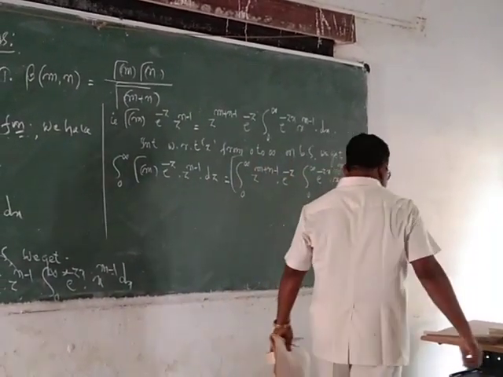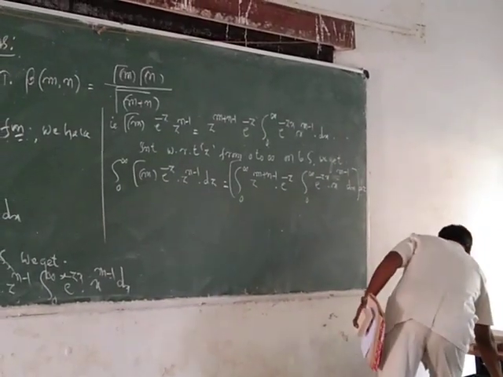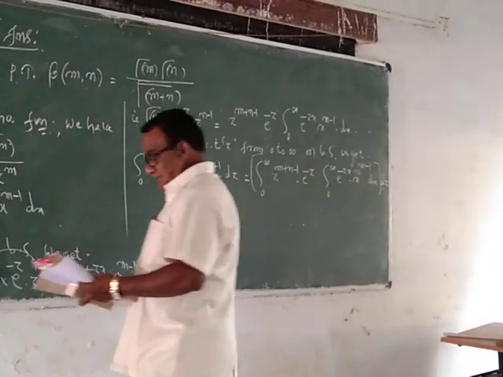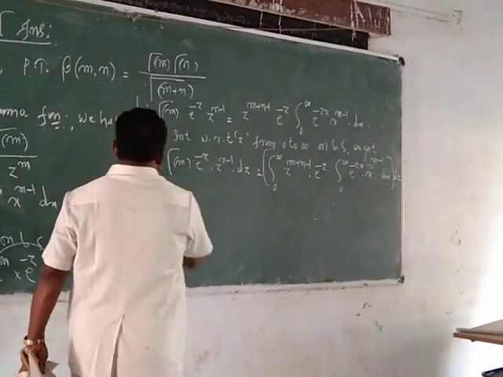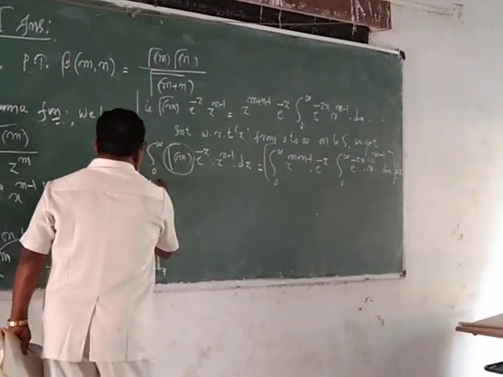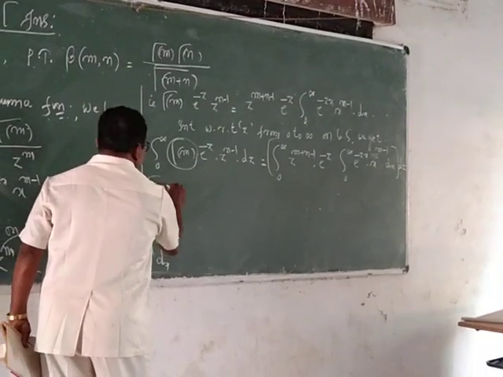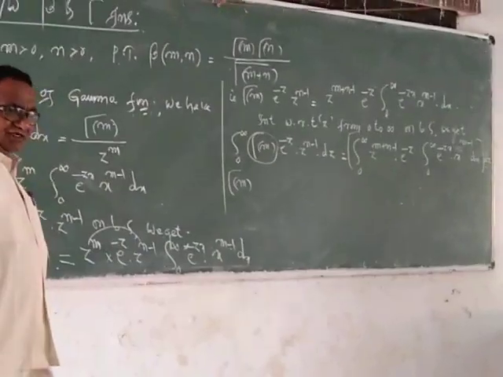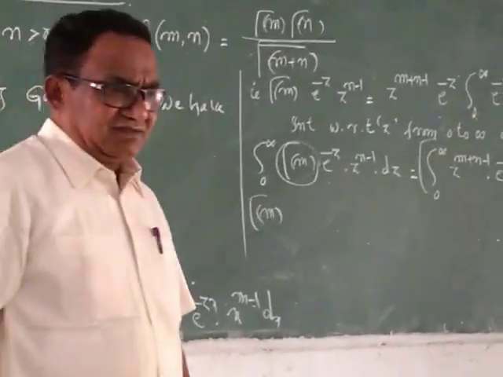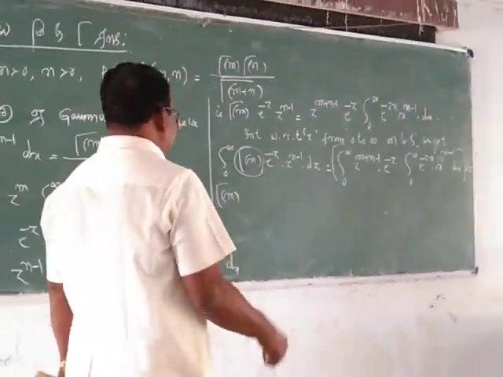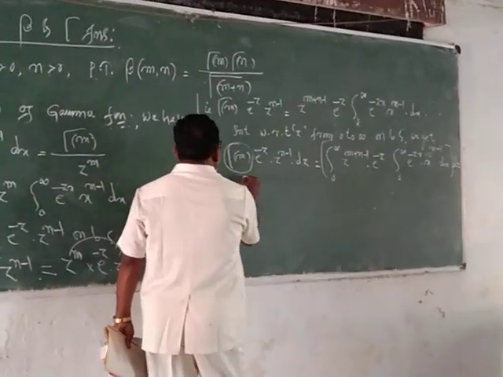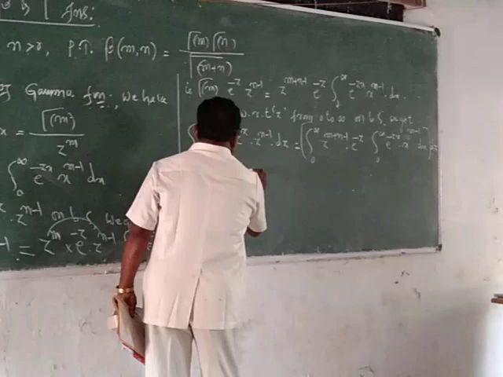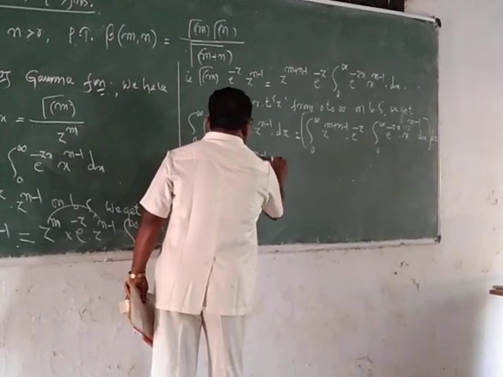Into dz. We are integrating with respect to z. On the left hand side, gamma m is a constant, it is a number, so you can take it outside. Into integral from 0 to infinity of e to the power minus z into z to the power m minus